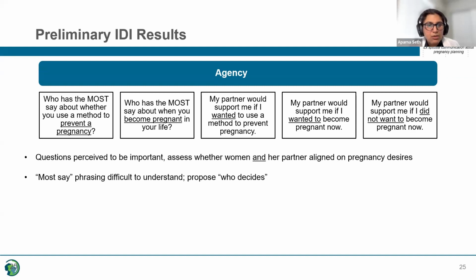However, there was some feedback on the phrasing around who has the most say. This was considered difficult to understand, and the recommendation was to ask directly who decides whether you want to use a method to prevent a pregnancy or not, or who decides when you would want to become pregnant in your life or not.